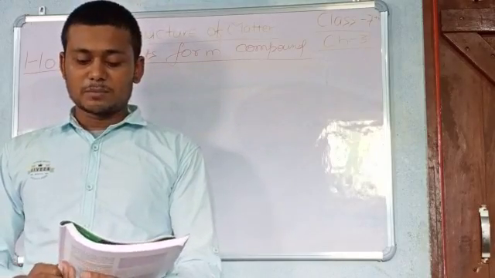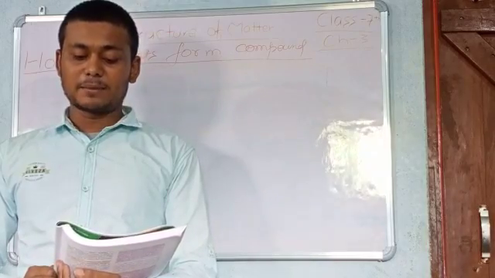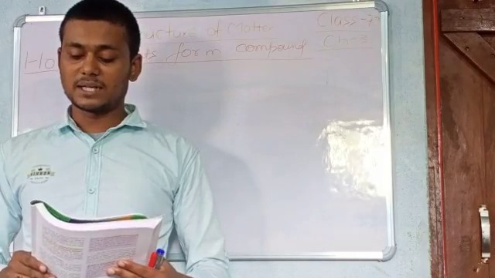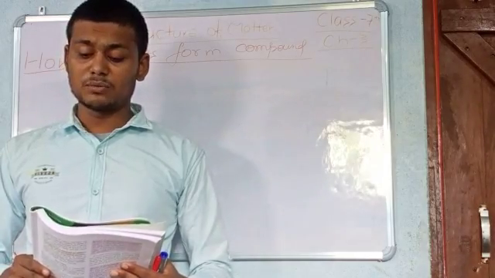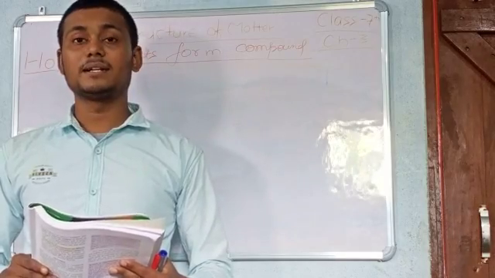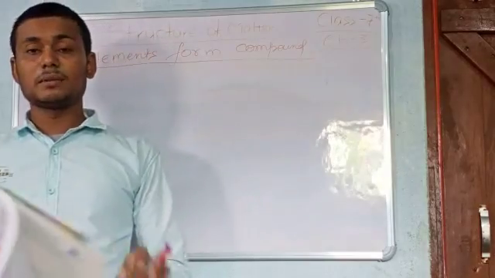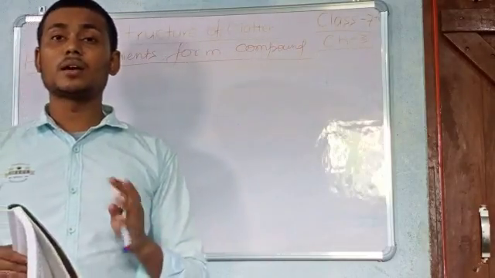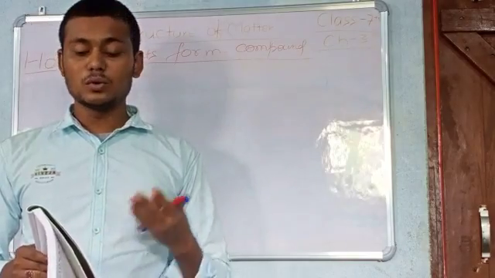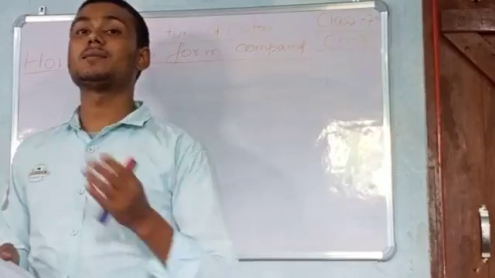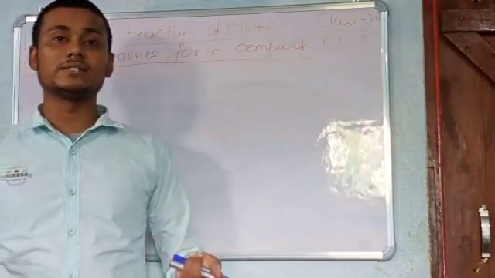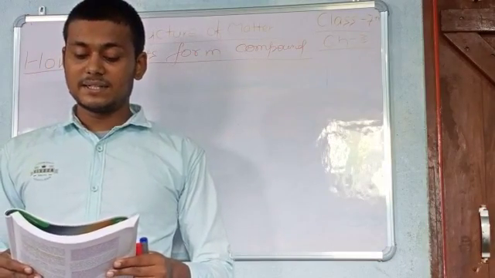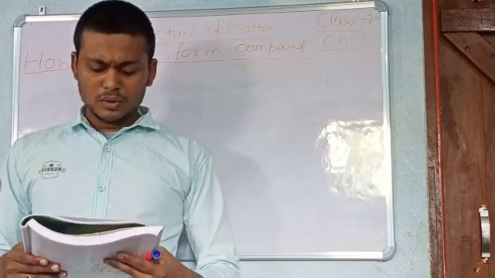An atom is the smallest particle of an element that can take part in any chemical reaction. A molecule is the smallest particle of an element or a compound that can normally exist independently. So the basic difference between atom and molecule is that one may or may not exist independently. Who? Atoms, because atoms participate in chemical reaction. After a chemical reaction the scenario will change. And molecules can normally exist independently.